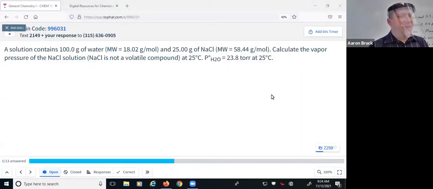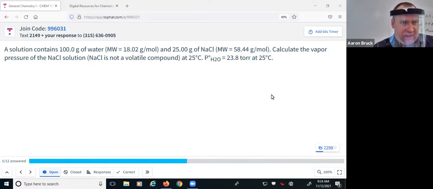We are told in this practice problem that we have 100 grams of water and 25 grams of sodium chloride. What we need is the vapor pressure of the sodium chloride solution. Now, the important reminder here is that sodium chloride is non-volatile. So all we need to do this problem is the simple form